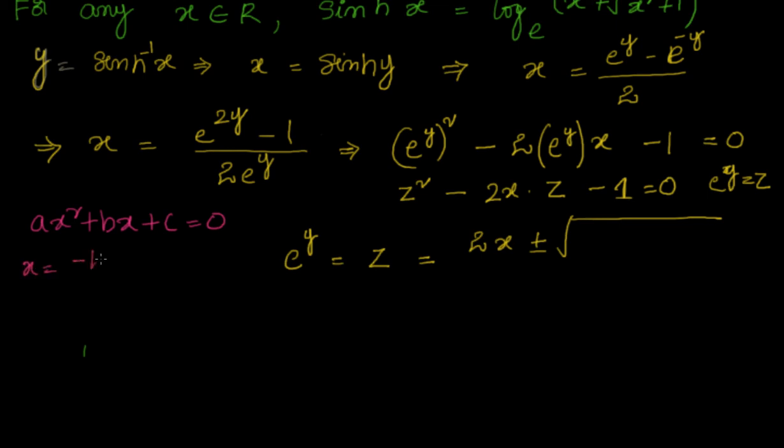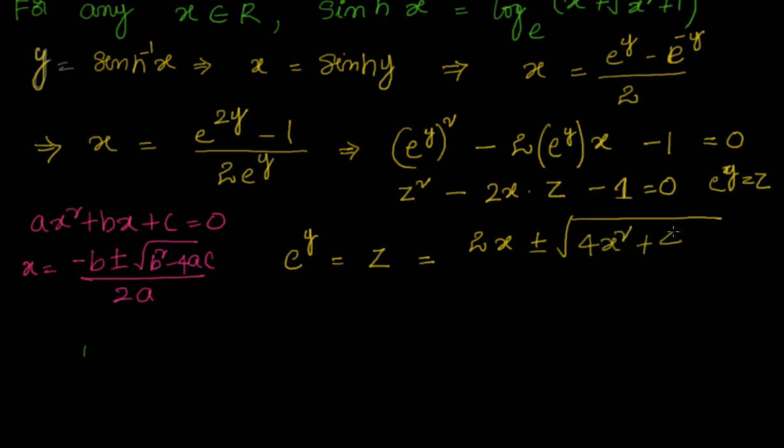So minus of minus is plus 2x plus or minus root of 4x square minus 4ac, that is nothing but plus 4, by 2. This is nothing but x plus or minus. I can take 2 out common, 2 divides out. I will get x plus or minus square root of x square plus 1 as e power y.